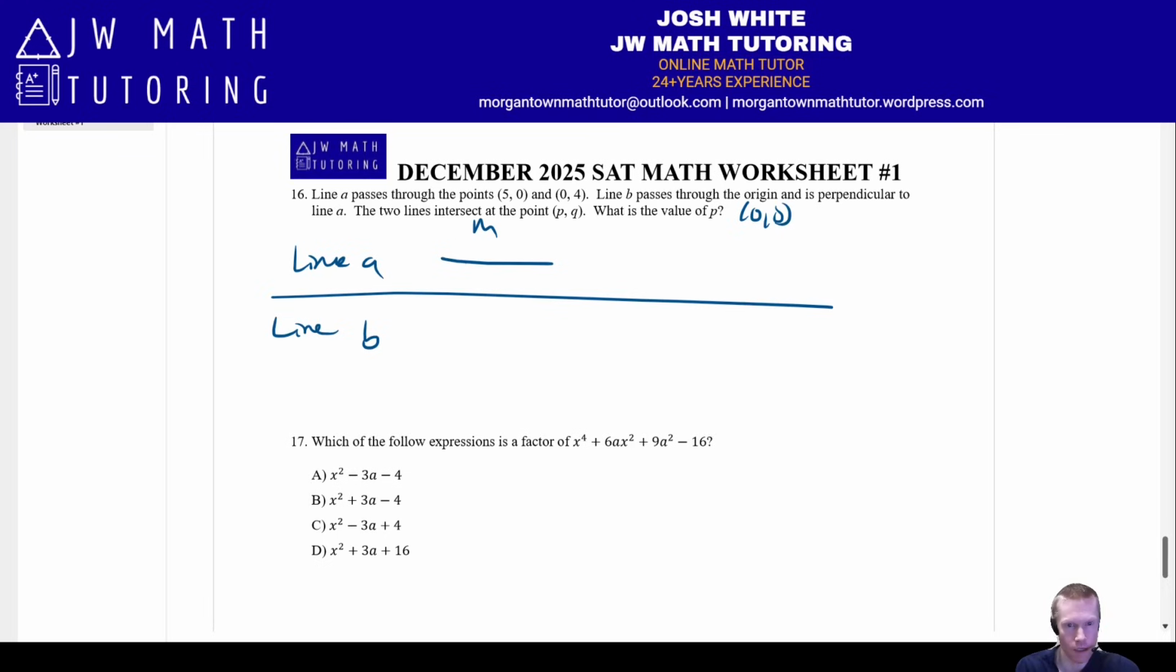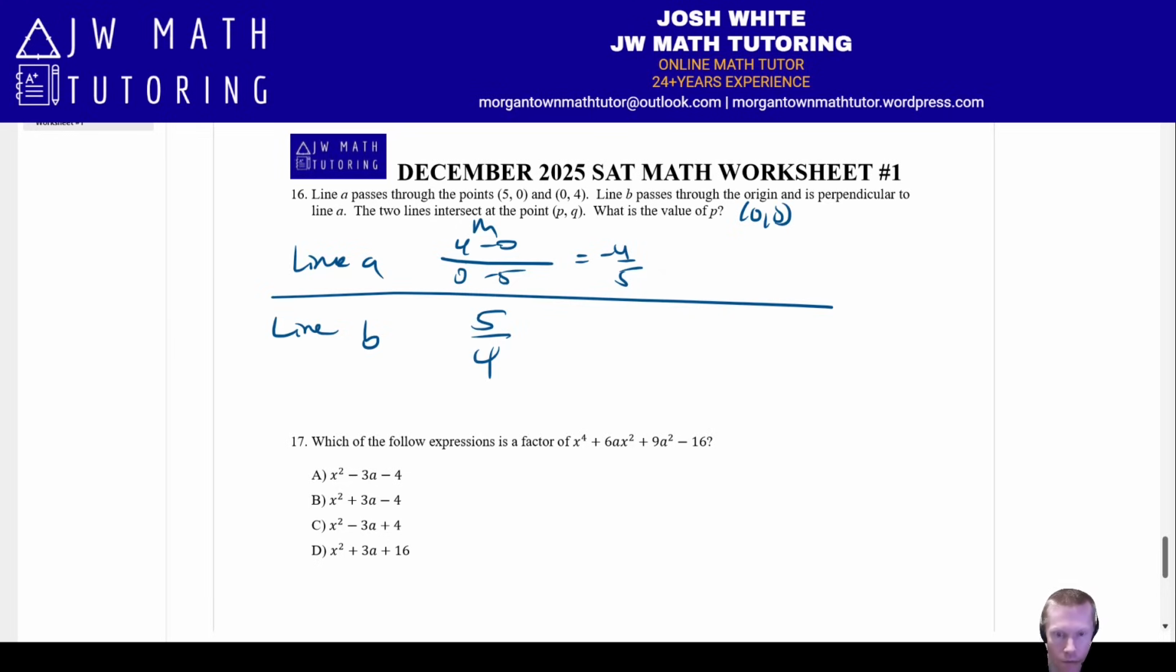Well, it's going to be 4 minus 0 over 0 minus 5. Therefore, it is negative 4/5. Okay, what is the slope of line B? Well, it's the opposite reciprocal of that, so it's going to be positive 5/4. All right, so now, let me just look at my work here for a second, we know that